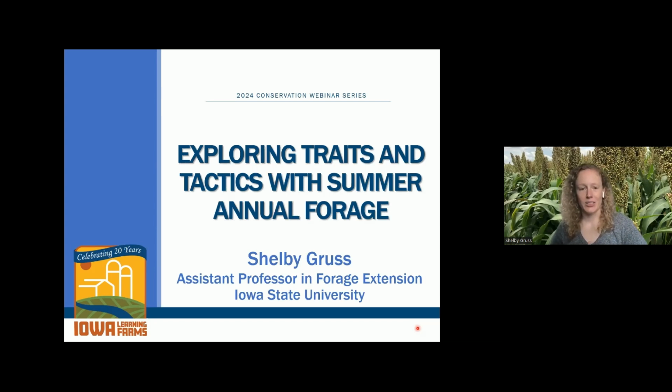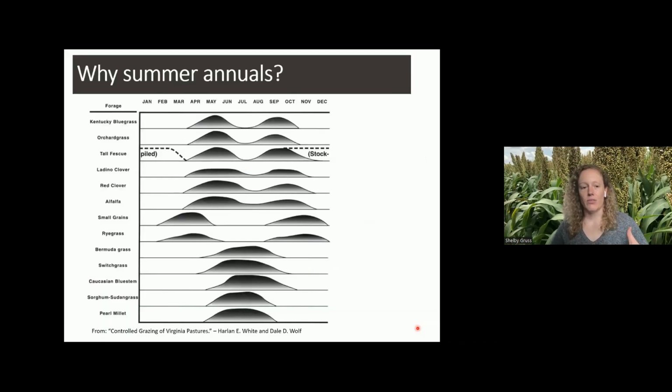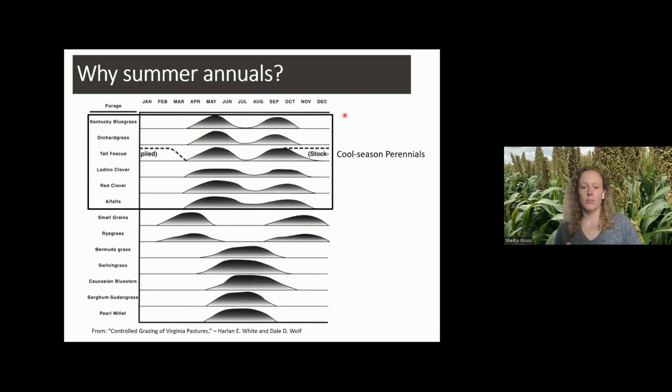And so, like Dr. Helmers said, we're going to be exploring traits and tactics with summer annual forages. And so I'd like to start off with why we really think about summer annual forages. These are just common forages that we have throughout the state, throughout the US, and their general growth rates throughout the year. A lot of our cool season perennials that are in the black box,